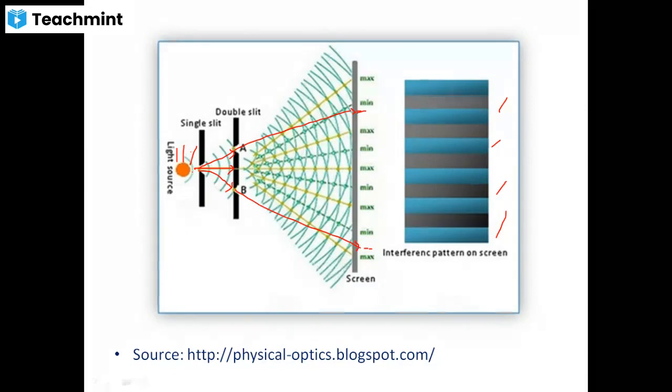Incident light as a wave. Once you assign a wave nature to this, then as per the Huygens theory, the concept of spherical wavefronts comes into the picture. So we treat it like a spherical wavefront. Then through this opening, there is one more spherical wavefront here. Then from this opening, there is one more spherical wavefront here, right?